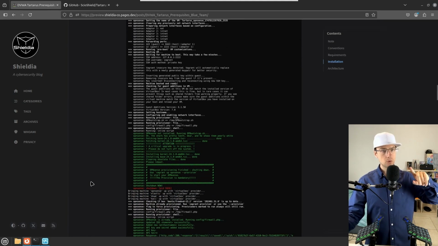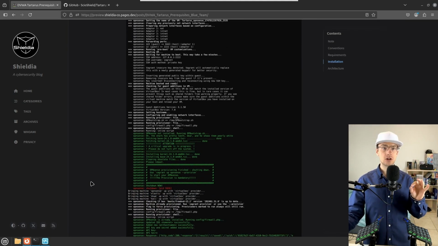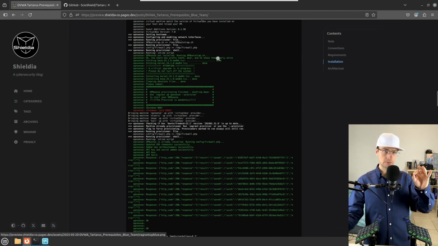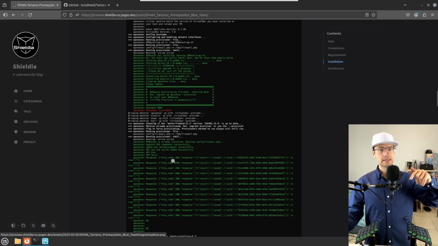There are some important variables that are set that you're going to need to note down specifically. So this is just the first time the firewall gets brought up, FreeBSD installs all of the required packages to run OPNsense. Then it shuts down the firewall. Then you're going to bring it up again. So then we can set through the